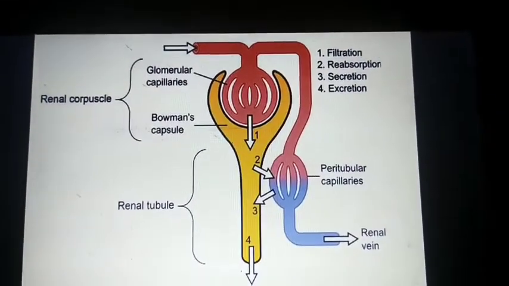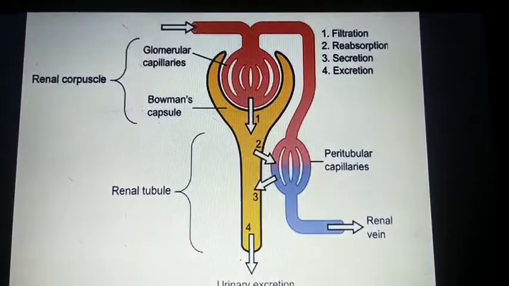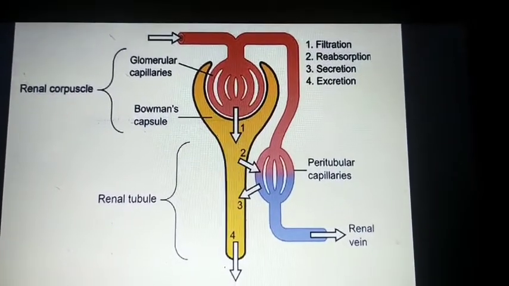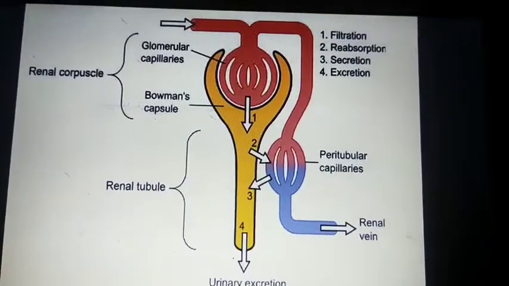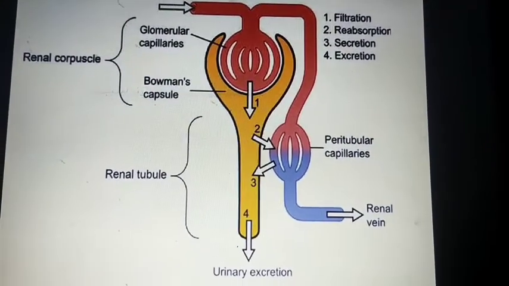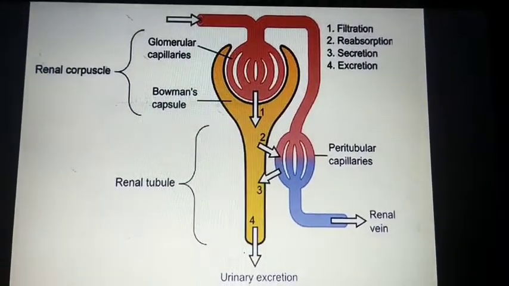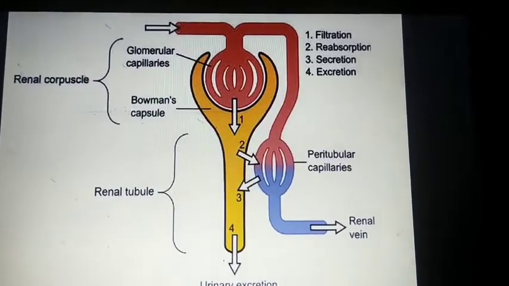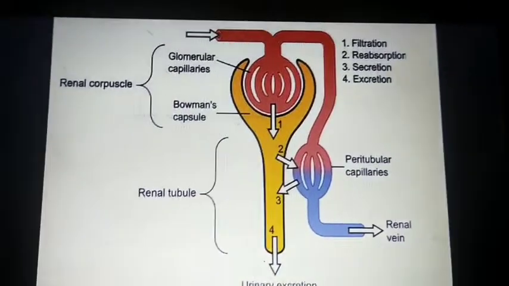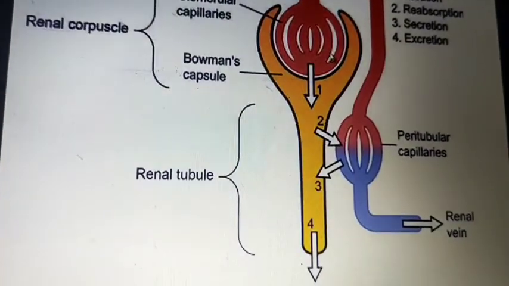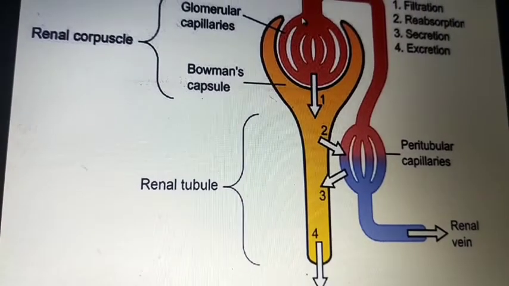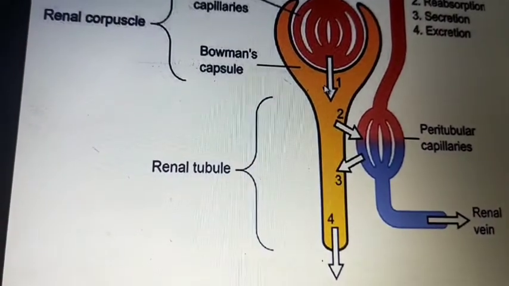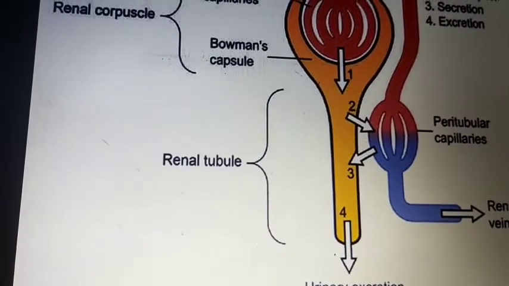Now, only briefly I will tell how the afferent arterioles, efferent arterioles, and filtration work. Nephrons mainly do four functions. One is filtration, another is reabsorption, third is secretion, fourth is excretion. This is the function of a nephron. The blood will come under pressure, by osmosis, and here it is filtered. Filter means just filter, passing out because of osmosis.